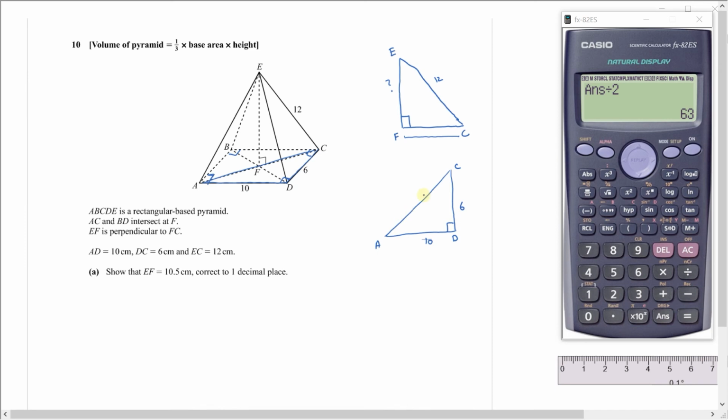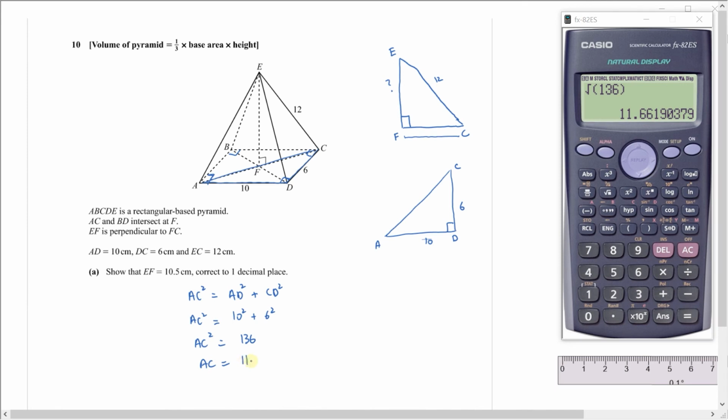So the hypotenuse will be AC. So AC square should equal AD square plus CD square. So AC square will be 10 square plus 6 square. So AC square is 136. 100 plus 36, 136. So AC will be square root of 136,